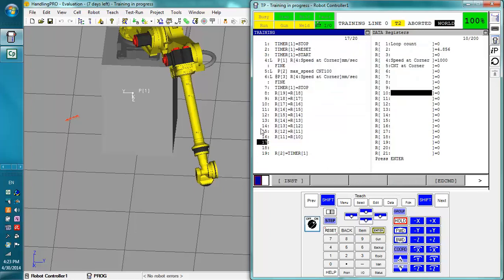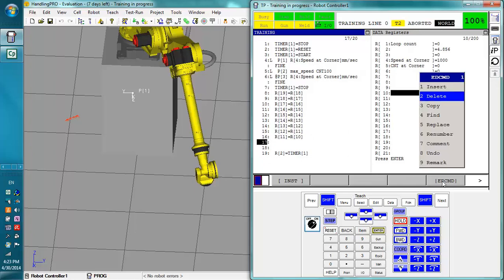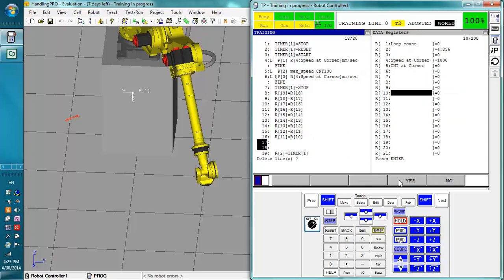Okay, so we have our history right there,